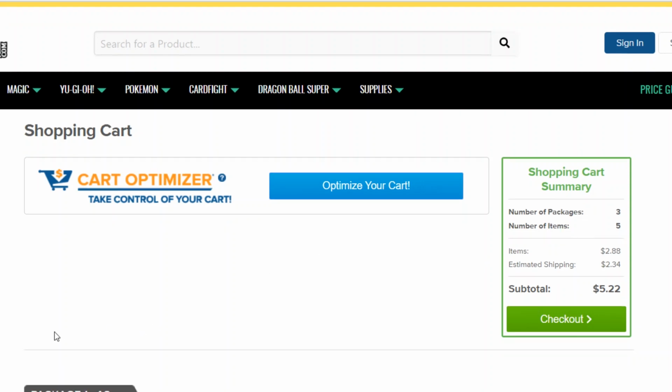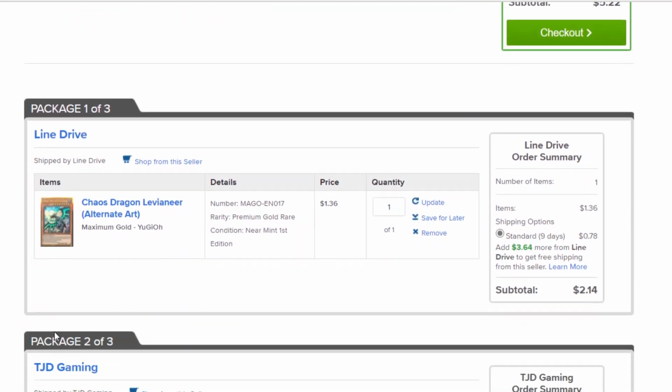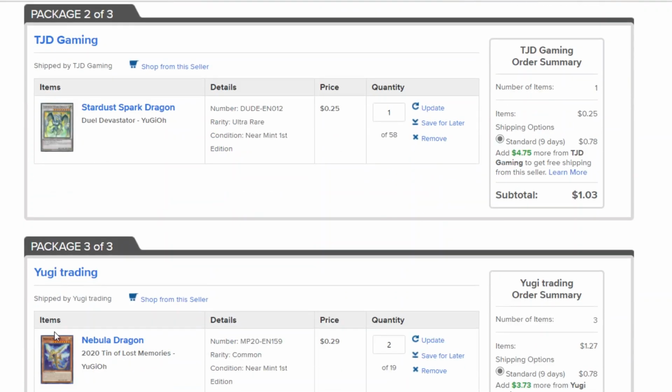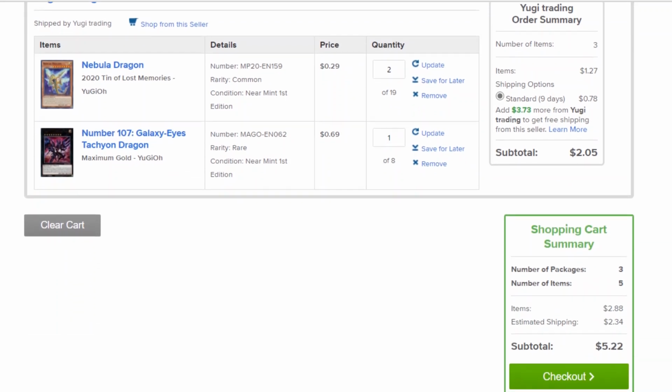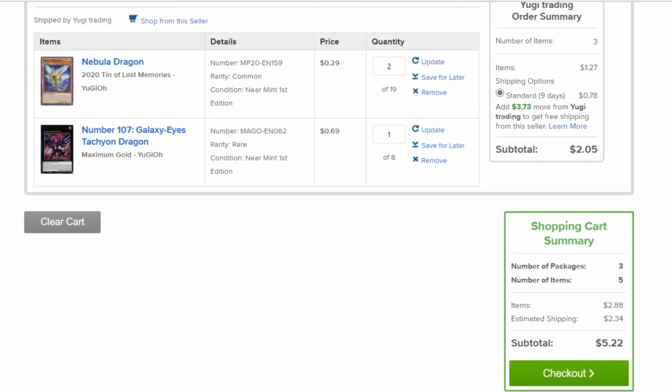As you can see here, we're going to be throwing in one Chaos Dragon Leviathan, setting us back $1.36. We're also going to be adding Stardust Spark Dragon for 25 cents, and two Nebula Dragons, and one Number 107 Galaxy-Eyes Tachyon Dragon. These cards are going to significantly assist our deck, and it's only going to set us back $2.88. This being subtracted from the $6.37 that we had left over from previous weeks,